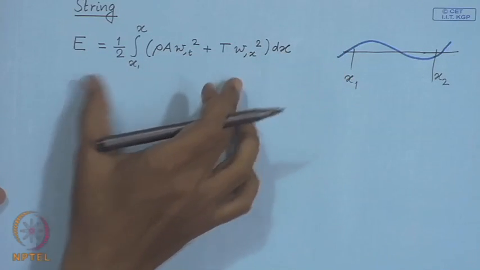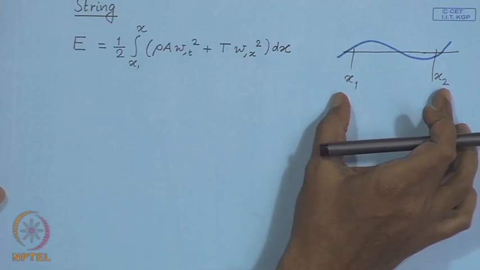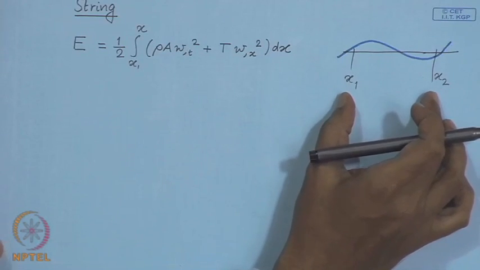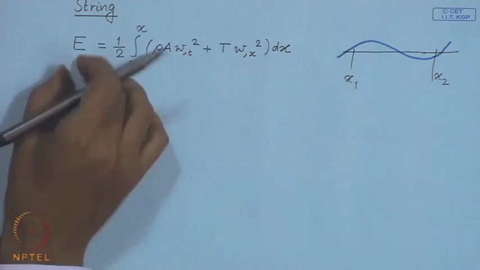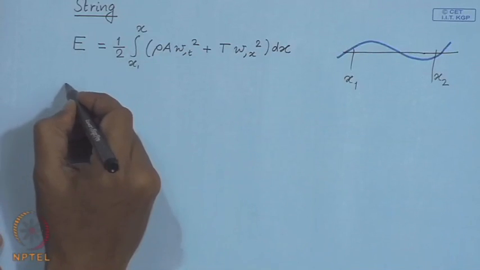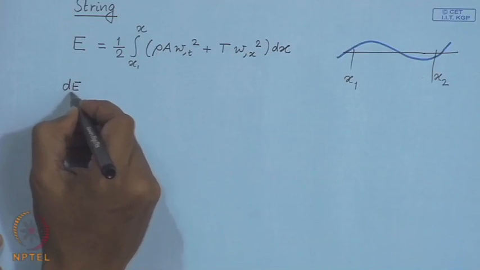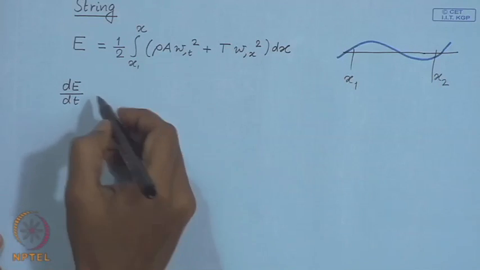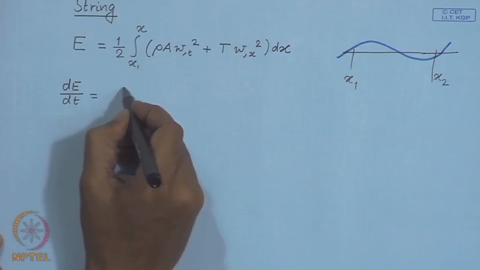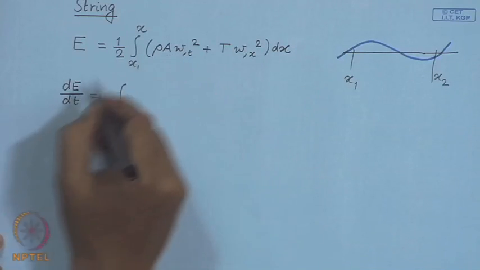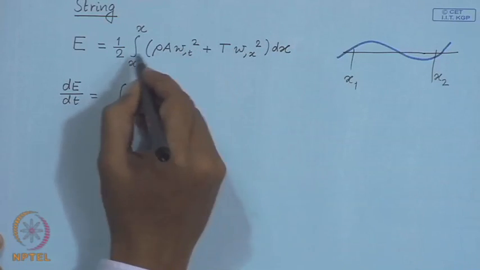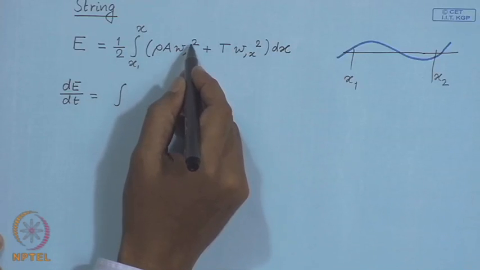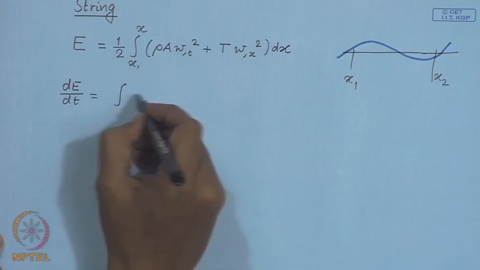So, the total mechanical energy in this portion of the string is given by this E. Now, let us try to calculate the rate of change of energy of this portion of the string. So, once you take the time derivative, so we have